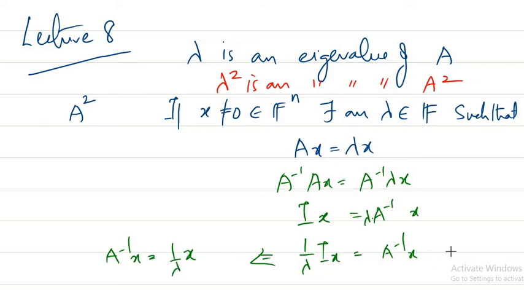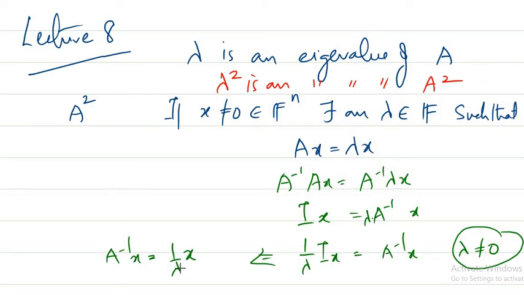So the question is whether lambda is not equal to 0, because I have taken 1 by lambda here. Obviously lambda is not equal to 0, because A inverse exists only for non-singular matrices, and for non-singular matrices the eigenvalue is never 0. For singular matrices at least one eigenvalue is 0, but for non-singular matrices never, because the product of eigenvalues is the determinant of the matrix. If any of the eigenvalues becomes 0, then the product will become 0. That means the determinant will become 0. That means A is no more a non-singular matrix.